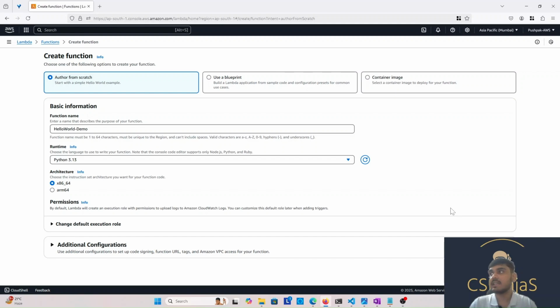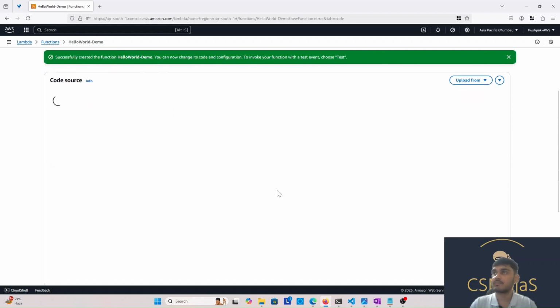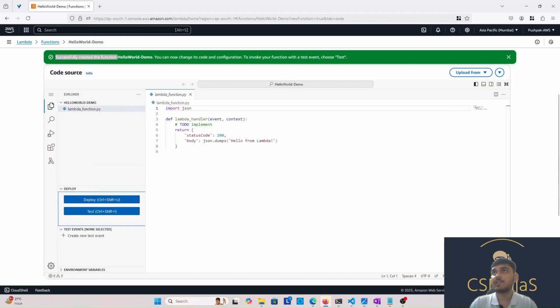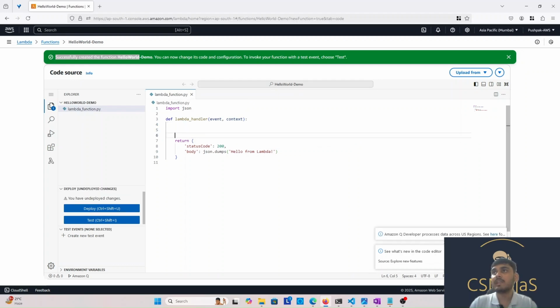So this is creating my function. It takes around 1 minute or so to create my Lambda function. Now my console is showing that it has successfully created the hello world demo. So you get a starter code as well, but what we are going to do in this tutorial is try to implement